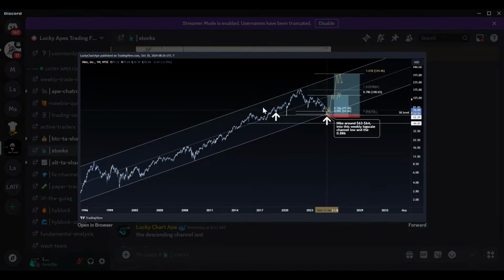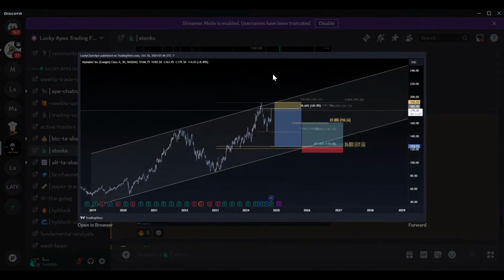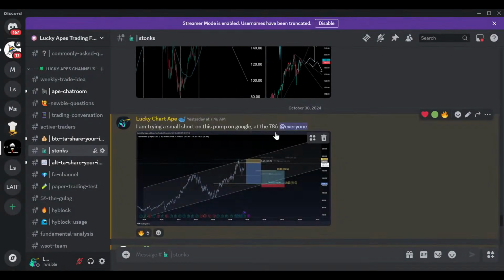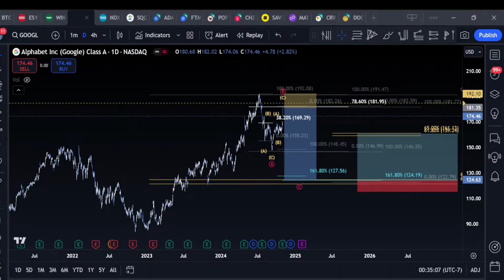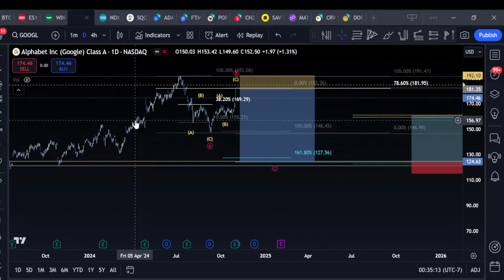I have an interesting idea. I'm interested in this idea on Nike, but I just said I'm trying this short at the 786 on Google. If it didn't work, it doesn't work, whatever. But something that shouldn't be a surprise to anyone is that if you want to get good at something, practice. If you want to get good at tennis, play, practice. If you want to get good at fencing, practice. Maybe hire a coach, maybe learn some techniques, maybe start implementing some of those ideas.